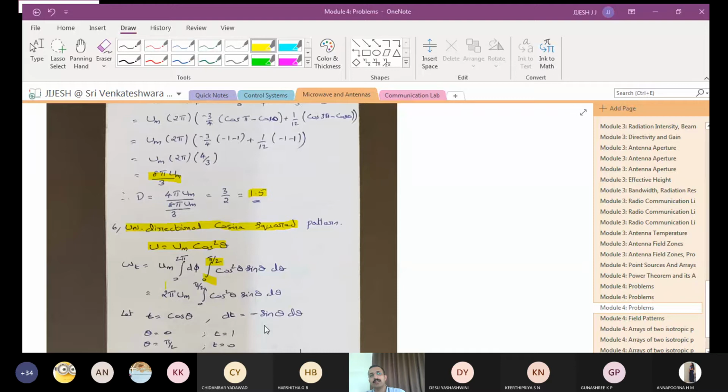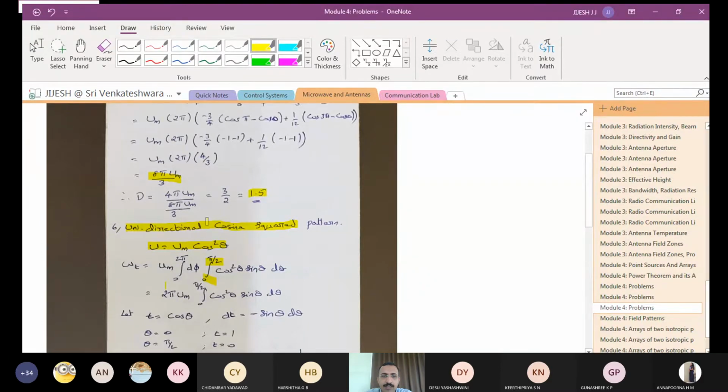So you can unmute and say the answer for WT. I would like to have some interactions with you, so you can unmute once you complete it. All of you have completed the first one before, this directivity is 1.5, the previous problem. Have you all completed the previous problem? Okay, fine. Then continue with the next problem, where you are going to find out the directivity.